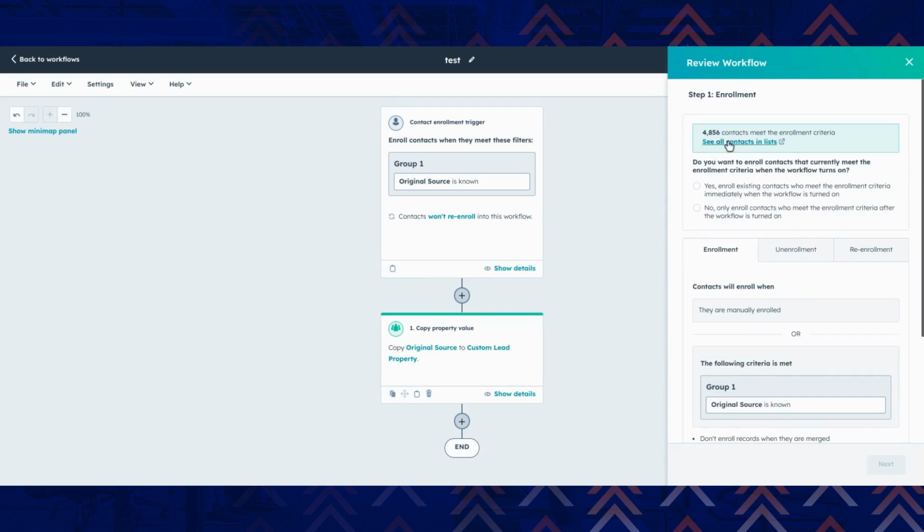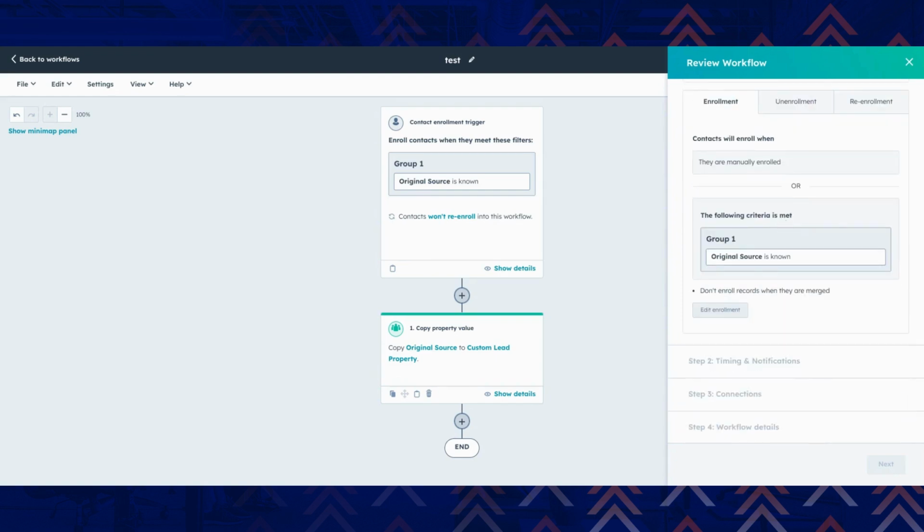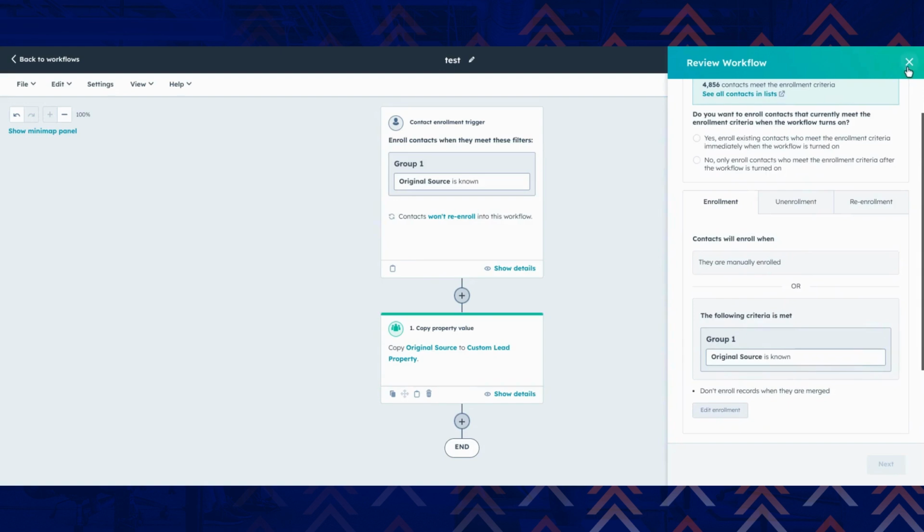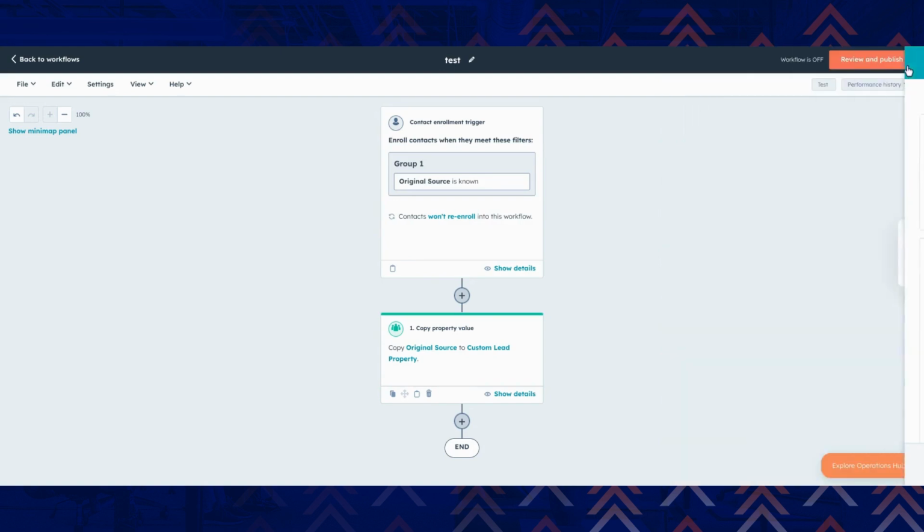So 4,856 contacts have now enrolled into this criteria. So here's when I would go ahead and decide whether yes to enroll existing contacts who meet the enrollment criteria immediately or not to do that. But since this is just a test, I'm just going to X out of here. And that's it. So if you're using another CRM like Salesforce, you'll want to set up the data sync by